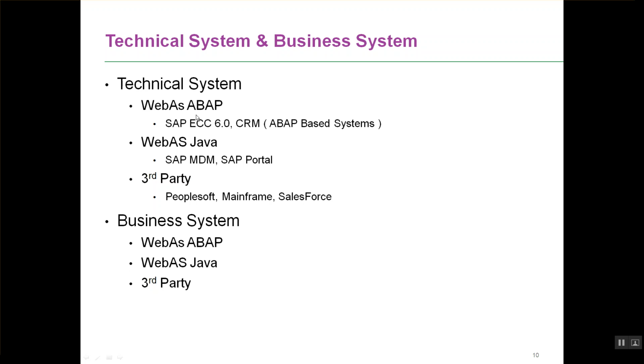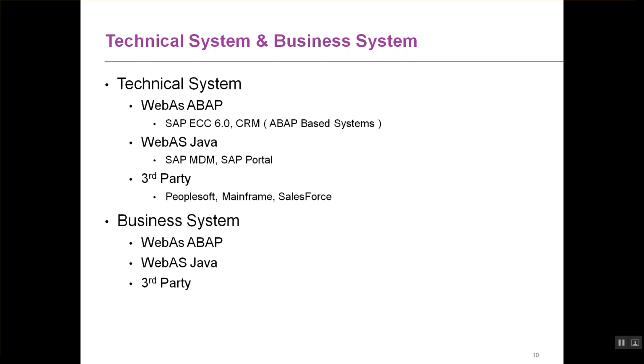And you guessed it right. If a technical system is of type web-based ABAP, the business system will also be of type web-based ABAP. If a technical system is of type web-based Java, the business system will also be of type web-based Java. If the technical system is of type third-party, the business system will also be of type third-party. Now, what is the relationship between a technical system and a business system? For a web-based ABAP,